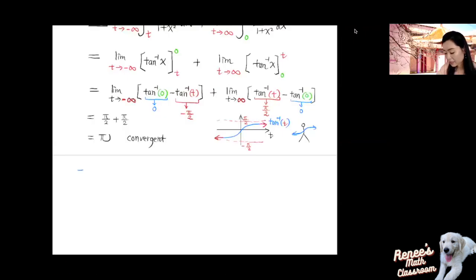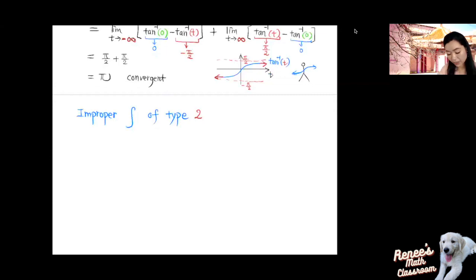Now we're going to talk about improper integrals of type 2. So we did type 1 and now type 2. I'm going to draw the graph so you can actually visualize it. So you have a continuous function, say a continuous function like this,